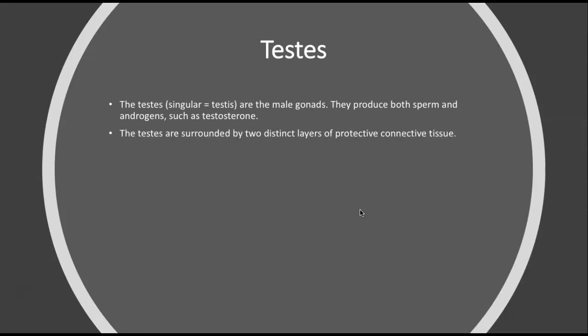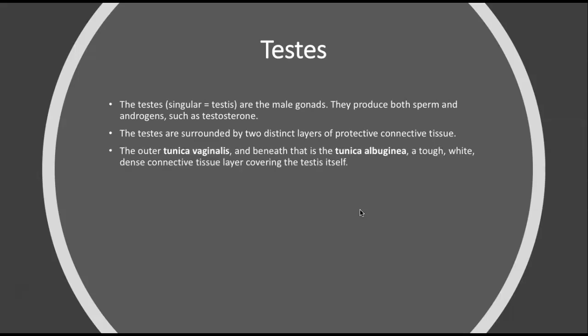Okay, so that's the scrotum, which holds the testes. What are the testes in general? The testes, or singular testis, are the male gonads, which are the organs that produce the male gametes, which is sperm, and the androgens, which I just said are hormones, and the important one is testosterone. They are surrounded by two distinct layers of protective connective tissue. The outer tunica vaginalis, and beneath that is the tunica albuginea, which is a tough, white, dense connective tissue layer